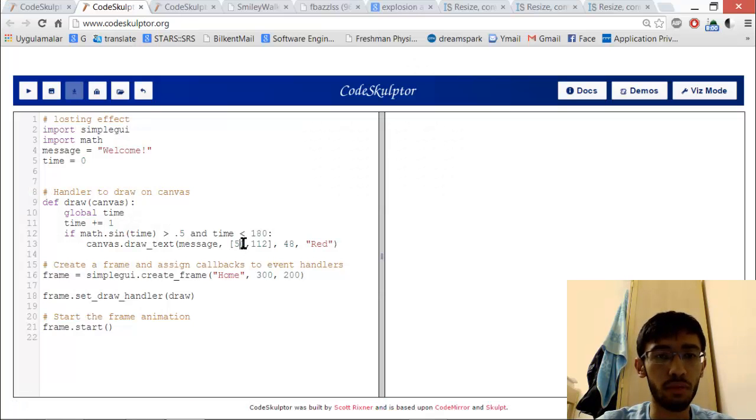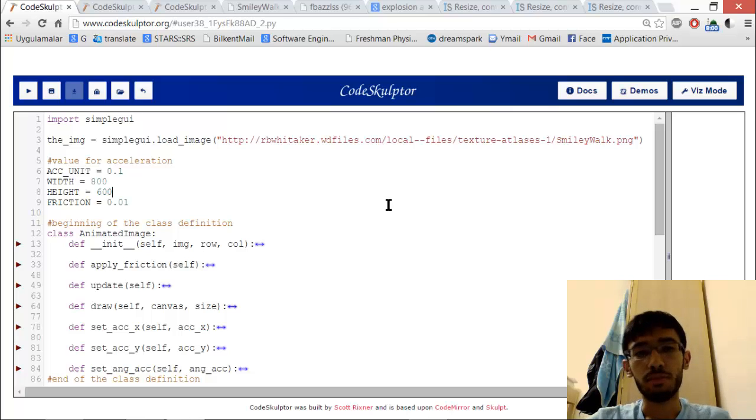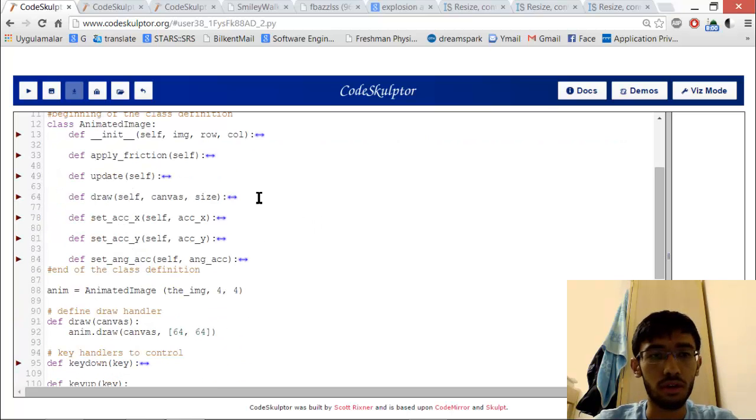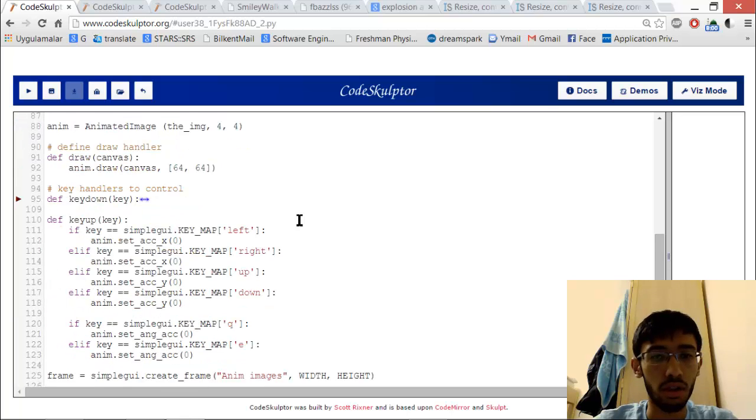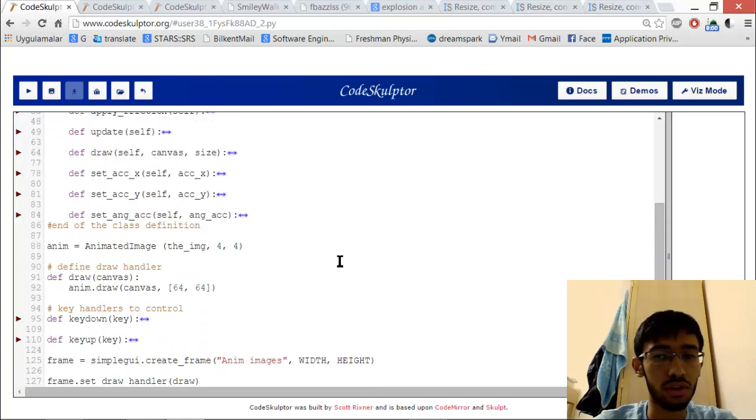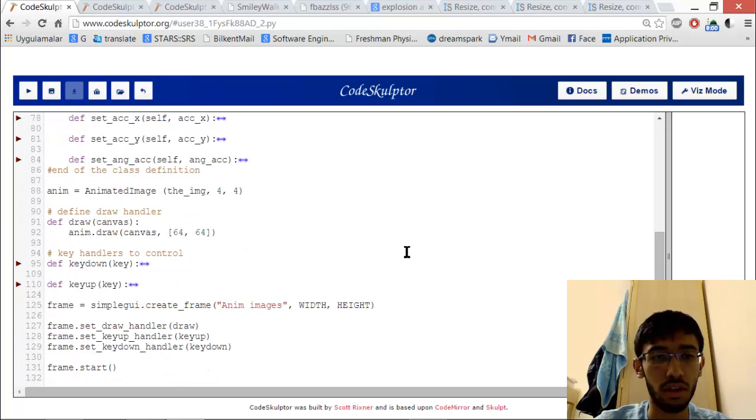Hello everyone, I'm going to make a tutorial about animations in Python programming. Here I'm going to use Code Sculptor. Code Sculptor is an online free Python compiler, and I wrote a class to make animations. So let's start with what an animation is. Animation is a set of images, actually, and